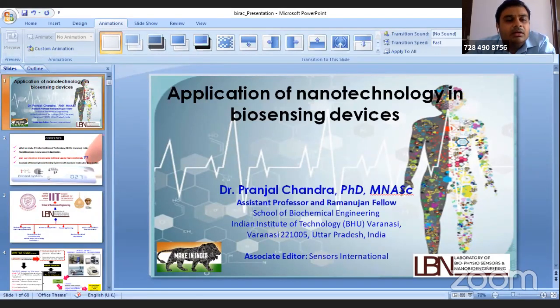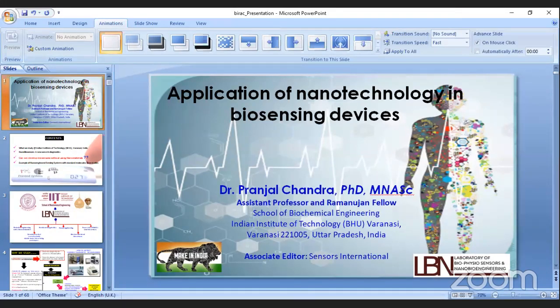In addition, there could be a selectivity coefficient calculation, which will come in the next phase. First, you need to have a standard calibration. Once that is fixed based on the numerical values you obtain, you will go for the selectivity coefficient, the real sample analysis and so on. So these are the parameters we test for the performance checking of any sensor. All right. Okay, sir.